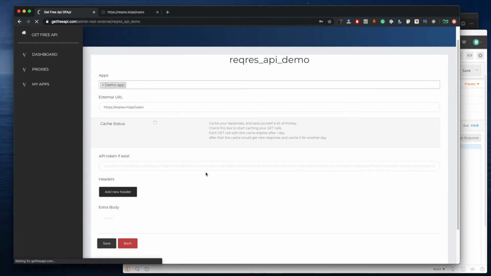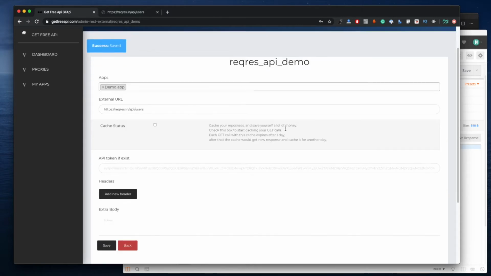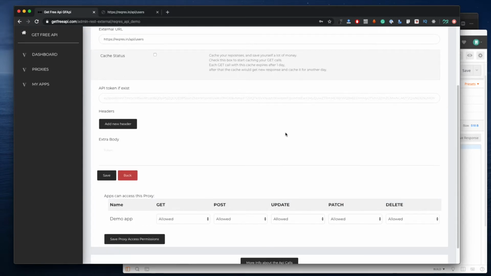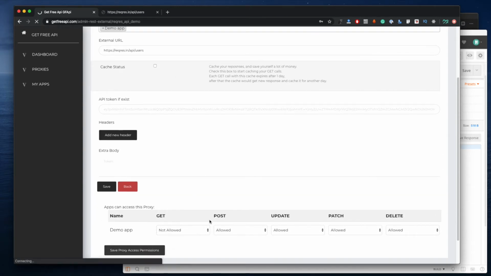And the new features that I just included for the API apps and services will show you the full control of each app, whether they're allowed to get, to post, to do any method through the API management. You don't have to access it through others. And this is all by the app's access content or permissions. So let's say right now we don't want to allow the demo app to get from the external API that we are in. As soon as we set the permission,